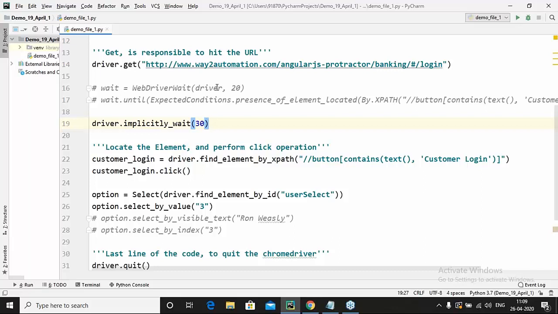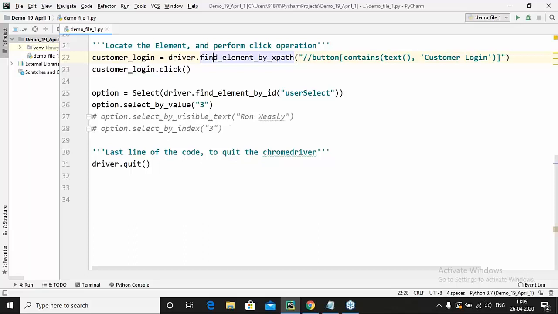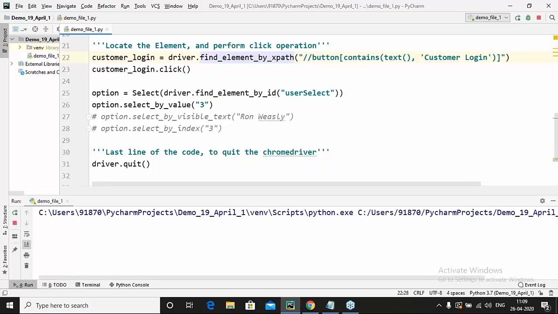In case of explicit wait, if you want to wait for a specific condition, an expected condition, the thing I mentioned here, in that case you have to use explicit wait. Right now I'm using implicit wait, and let's move ahead. Is it clear till here to everyone? Let me re-execute it and you can see it should be working fine. Since Selenium is going to be very fast, just keep your eyes here.